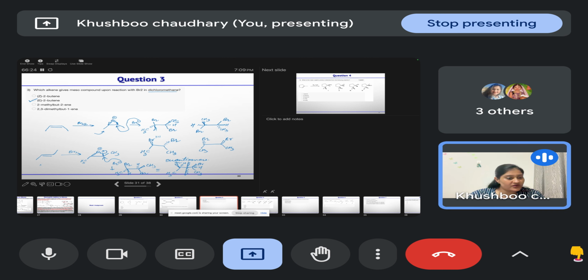Dichloromethane is an organic solvent. It will not participate in the reaction. Whenever you have an aqueous solution, a solvent that has a lone pair of electrons can participate and lead to the formation of the hydroxyl addition product. But DCM will not participate in such kind of reaction. It is a solvent. We will take that, like, any time you do any organic reaction, I will tell you.